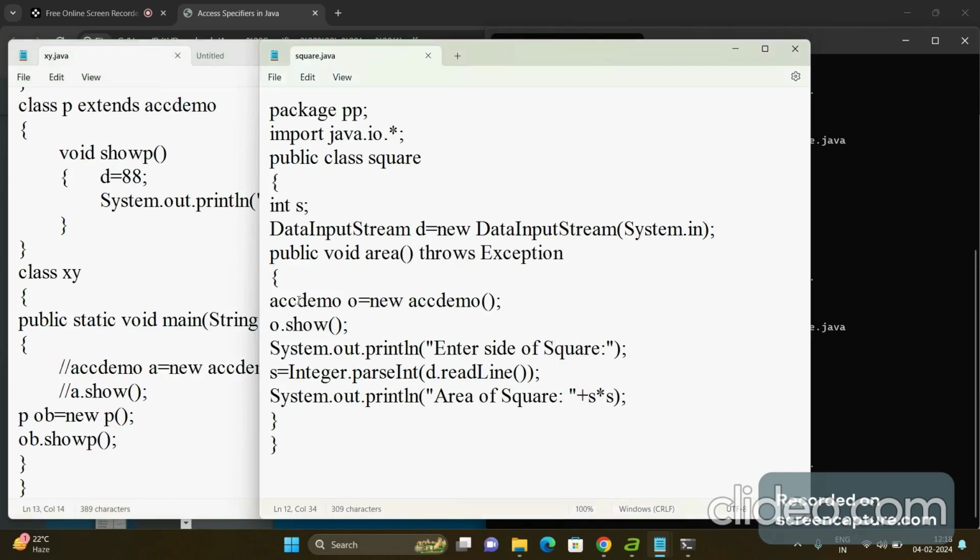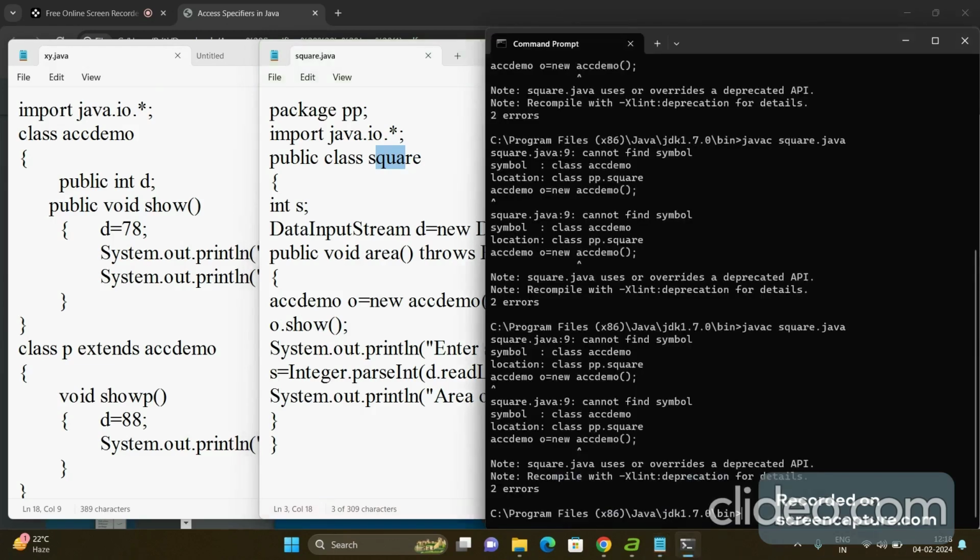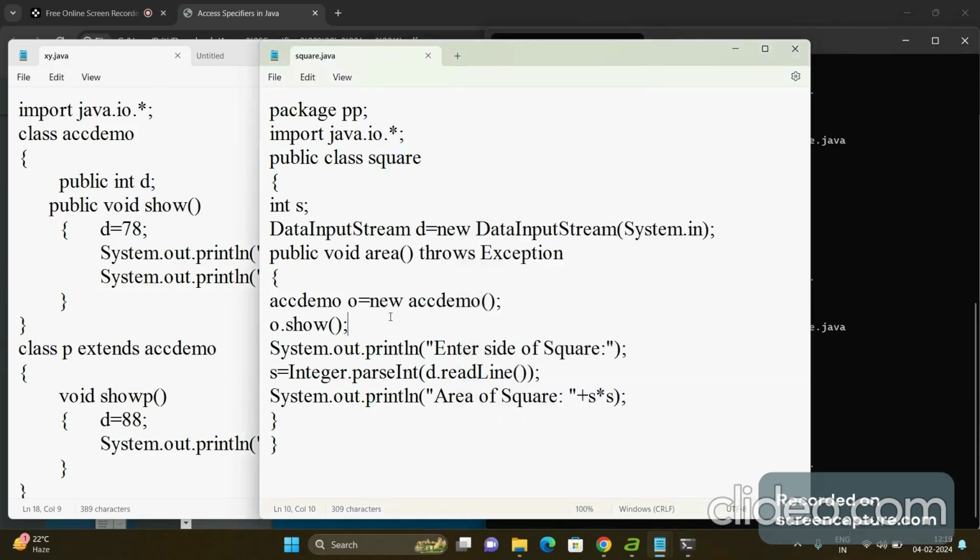So here the sec demo object is created. The square.java file is saved under bin, but it is giving an error: cannot find symbol class sec demo, new sec demo. There is no spelling mistake. It should work for sec demo. It should not give any error. It should get compiled without any error,